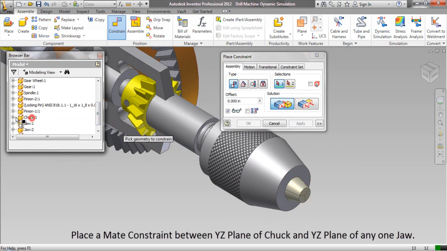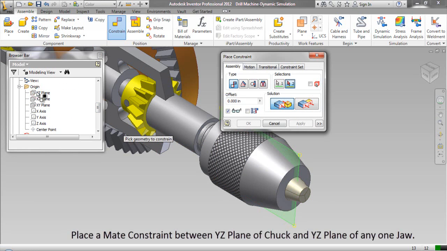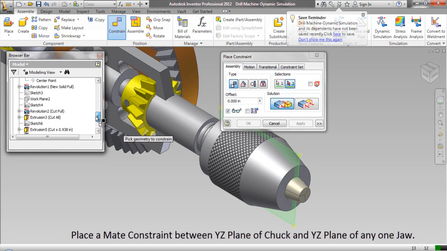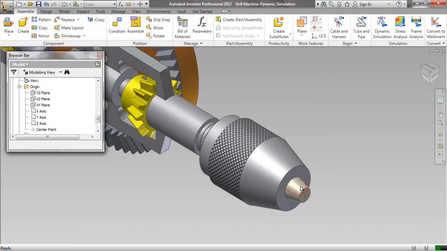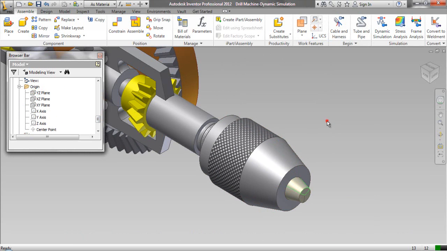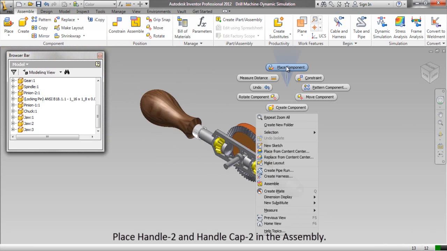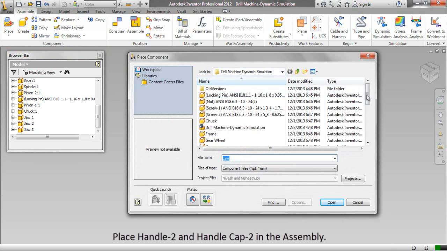Place a mate constraint between YZ plane of chuck and YZ plane of any one jaw. Place handle 2 and handle cap 2 in the assembly.